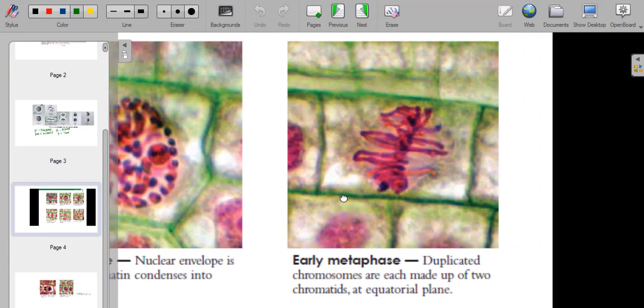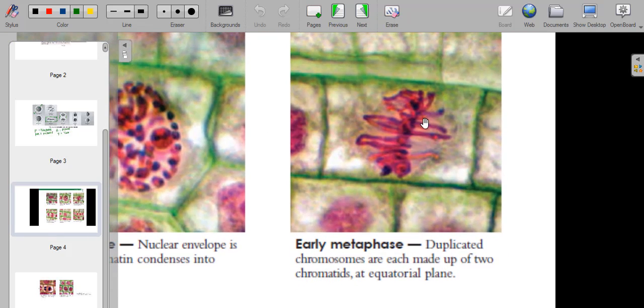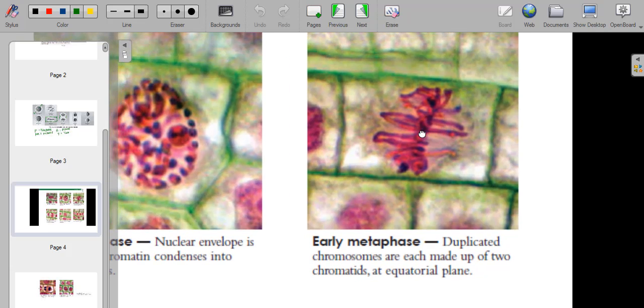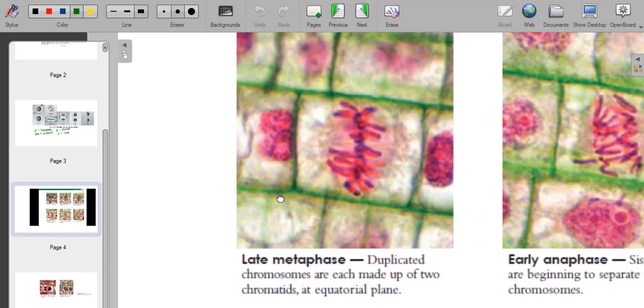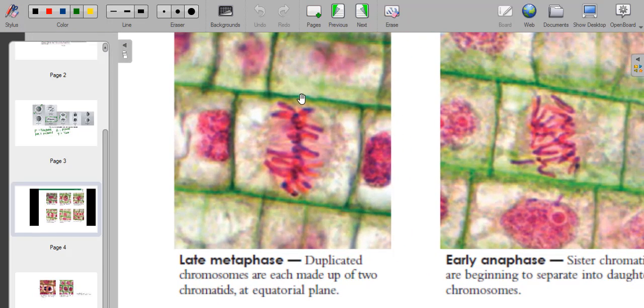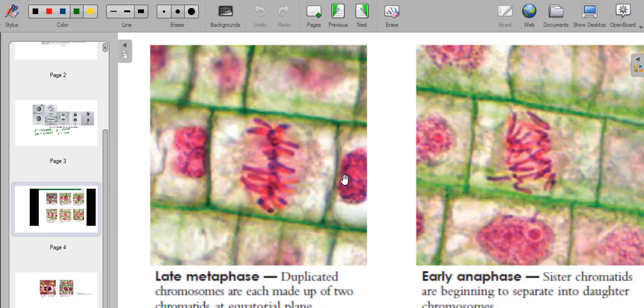And next is a metaphase. All of them are in the middle of the cell, the mid plate of the cell. So it is even called the equatorial plate, the equatorial plane of the cell. You can see the centromere attachment here. And next we can see the late metaphase. In the late metaphase you can see exact condensation, and the spindle fibers are still attached there.